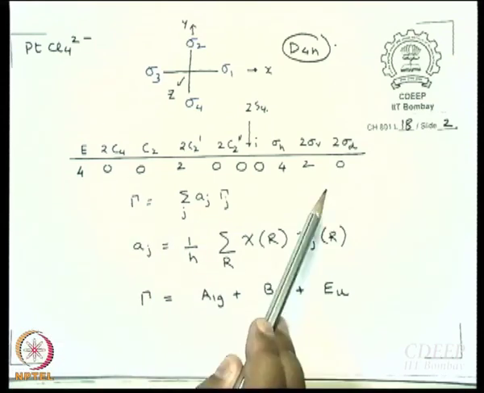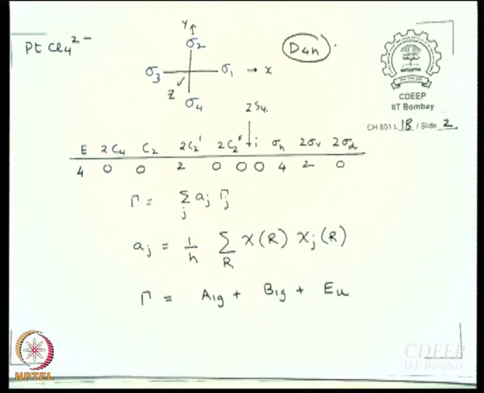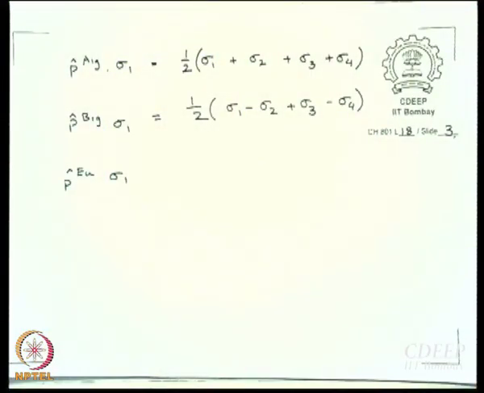So this is the reducible representation that we got, and while we were away we reduced it into its constituent irreducible representations, and with great difficulty we figured out that it is A1G plus B1G plus EU. So what we are trying to do now is generate the A1G, B1G and EU SALCs. These are all sigma SALCs, okay? And we have already worked out 2 of these SALCs without your help. So you better help us work out the last one.